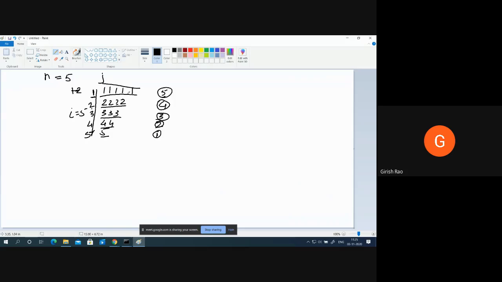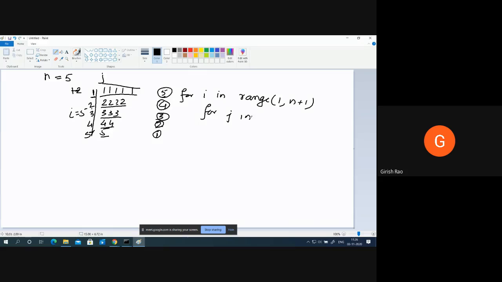Okay, let's try to analyze it. Let's say you have written for I in range. Now here you have to be a little bit careful in the sense you want to print the value of I, yes or no? And if you are taking I as 1, then you should say I and n plus 1. Okay, makes life easy.